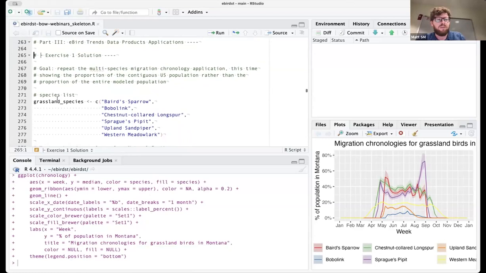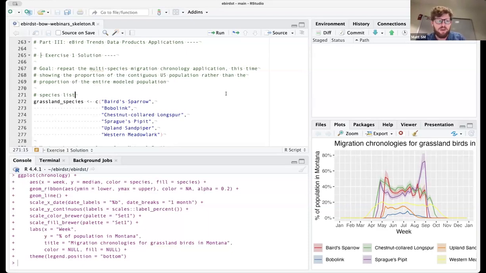The first exercise was to recreate these migration chronologies, but this time, rather than show the proportion of the entire global population throughout the year, make a slight modification and just show the proportion of the US population throughout the year.